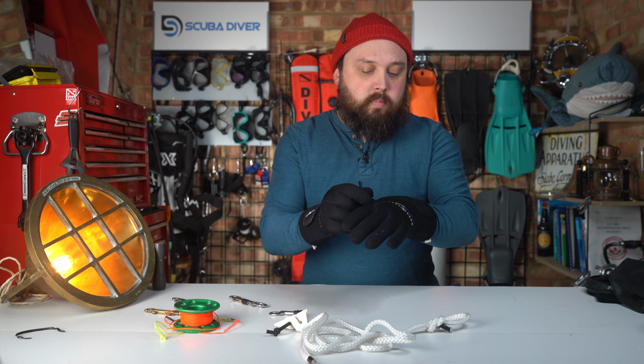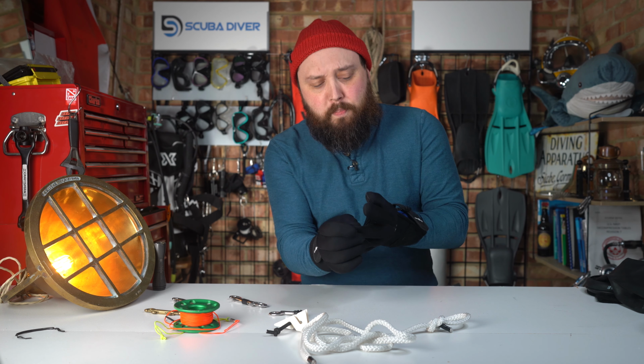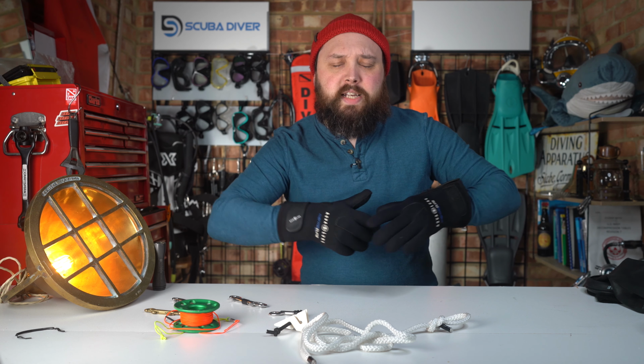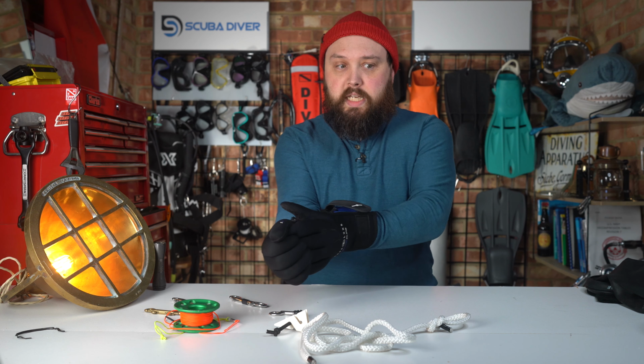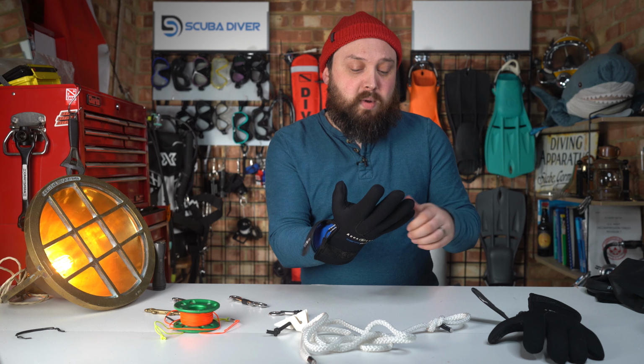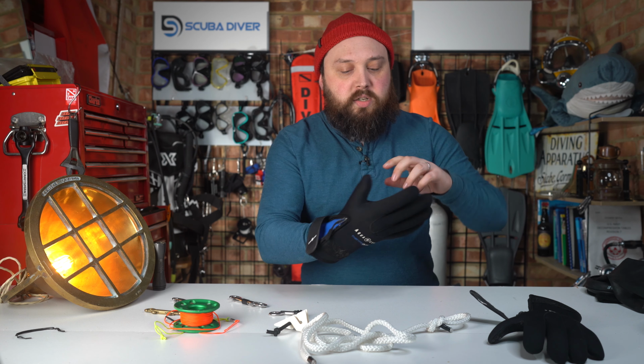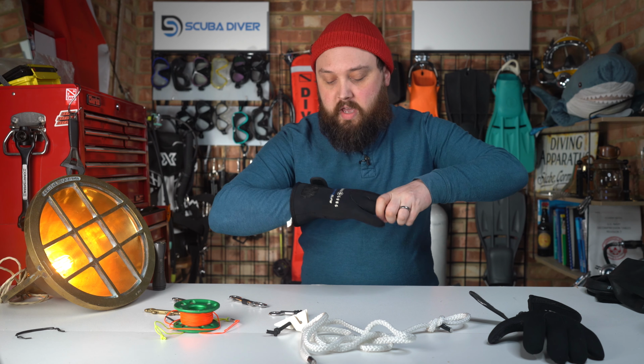Then it really comes down to dry gloves. Dry gloves were the biggest upgrade to my dexterity game, as it were. This is why I don't tend to use wet gloves as much. I always bring them with me, because even if you puncture a 5mm glove, it's still going to keep your